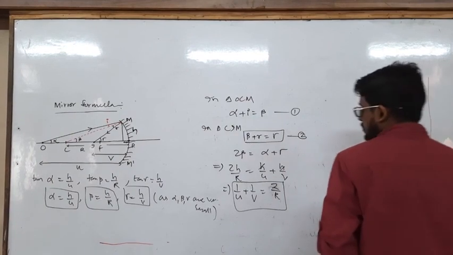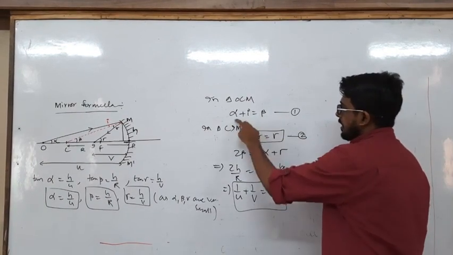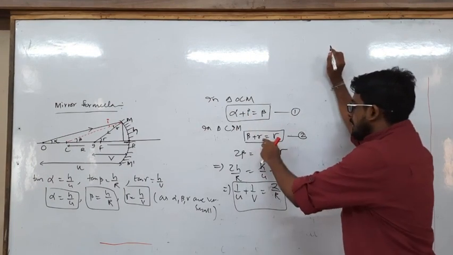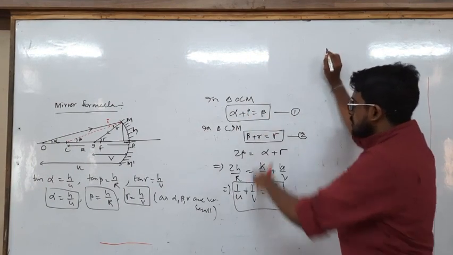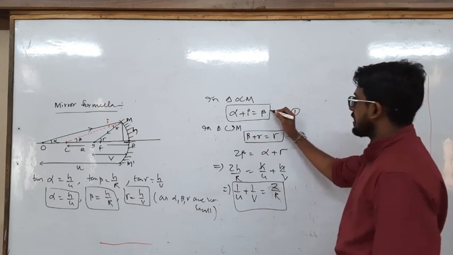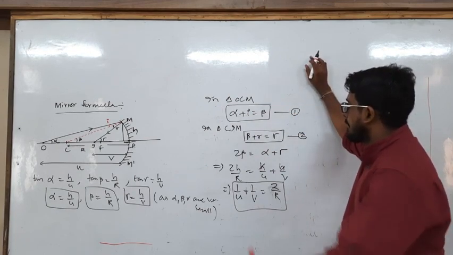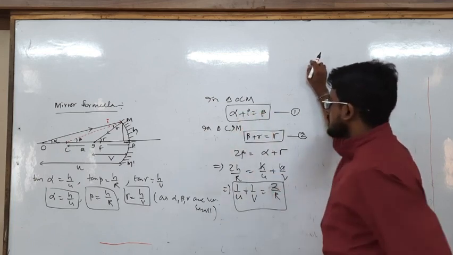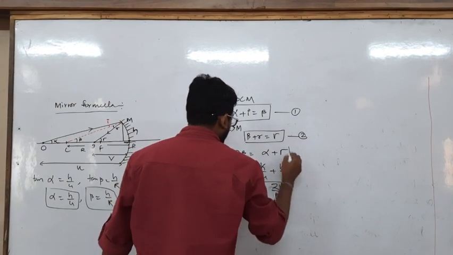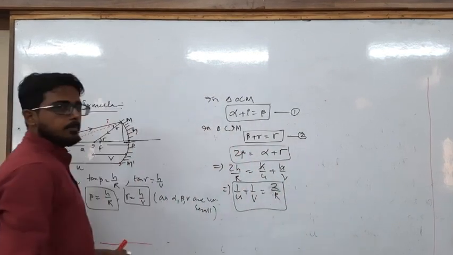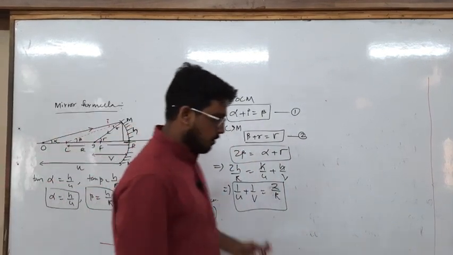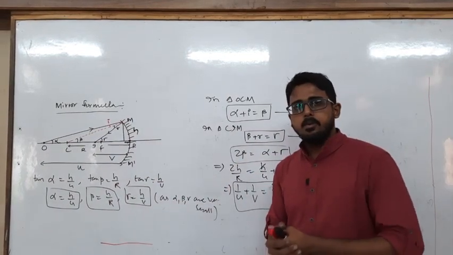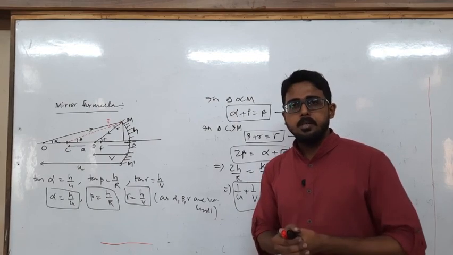We can determine it for the convex mirror also. So here beta plus r equals gamma and alpha plus I equals beta. So beta can be written as gamma minus r. If I write beta equals gamma minus r, r will get cancelled, so 2 beta will become alpha plus gamma. Clear? So this is all about the spherical mirror and how to calculate the mirror formula and the image for a spherical mirror. Okay, thank you.